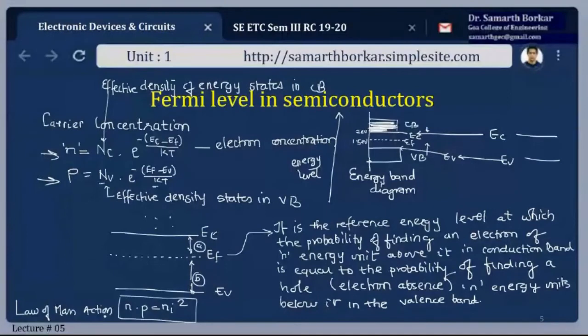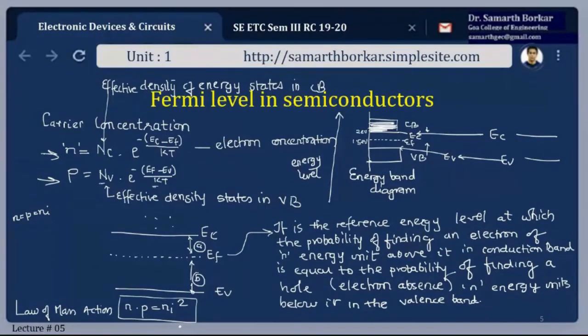What it states is, in case of intrinsic semiconductor, n equals p equals ni. The number of electrons is equal to the number of holes, and that equals the intrinsic concentration. But in case of extrinsic semiconductors, we might have more electrons or more holes, depending upon the type of impurity or type of doping. But even in that case, the product of electrons and holes will always be equal to the square of the intrinsic concentration. And how this equation is satisfied, we have already derived in the class.